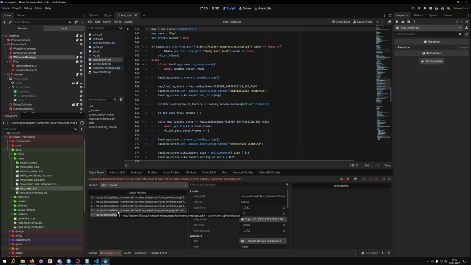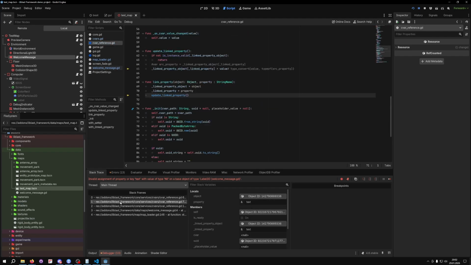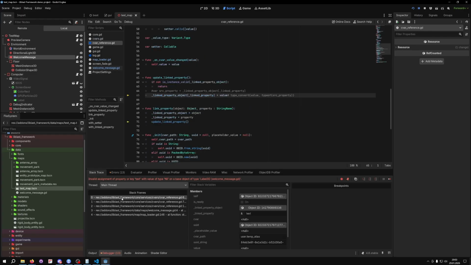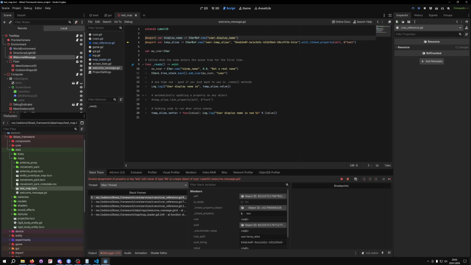I know why. Because we are referencing a CVar that doesn't exist. If we go back to the welcome message script, we changed it. So temp alias doesn't exist. We're creating a CVar reference for something that is not there. If we change this to kinda name,